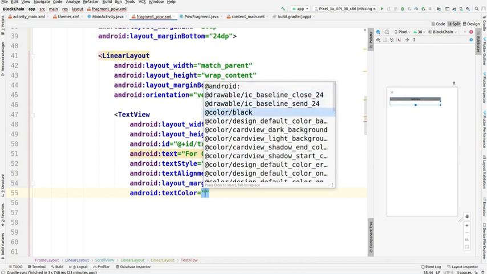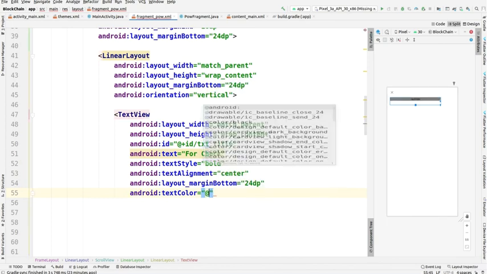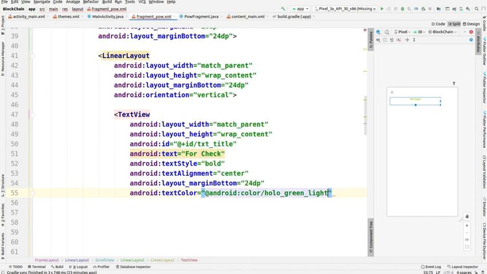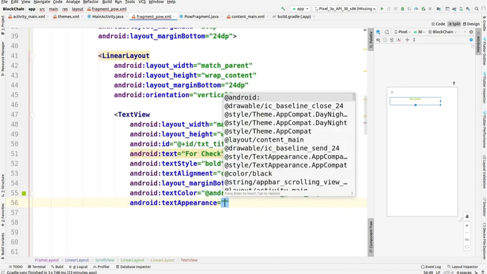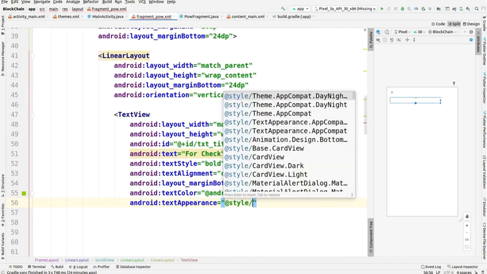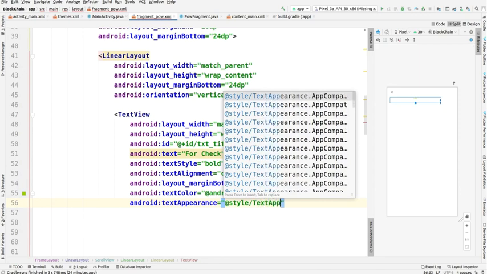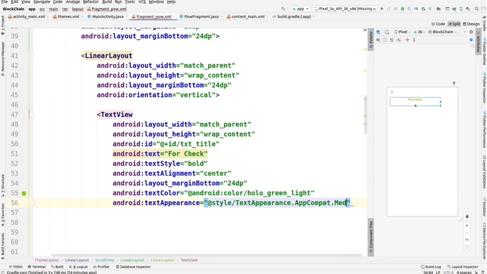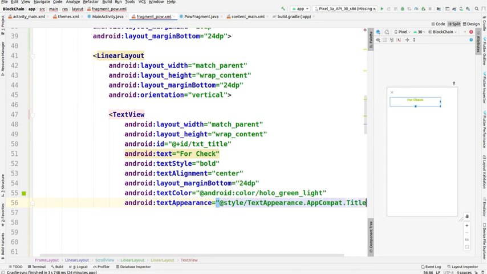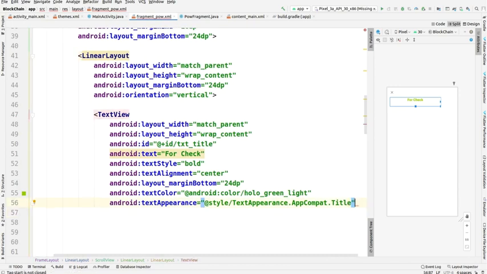Okay, the text color. Let me add the text color as it is present in Android, and then we'll go to the color library and select holo green light. Okay, it is also looking good if you see on the right side of your screen. Okay, now I have to add text appearance, taking its value from style. Okay, so now this is also completed,